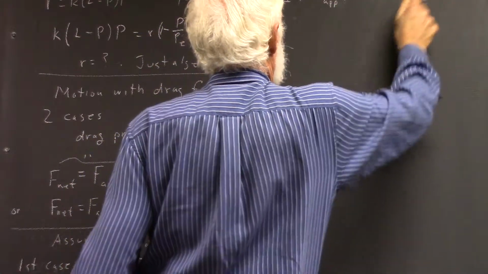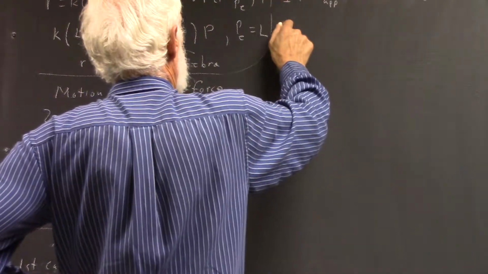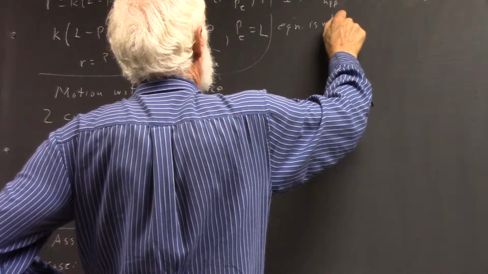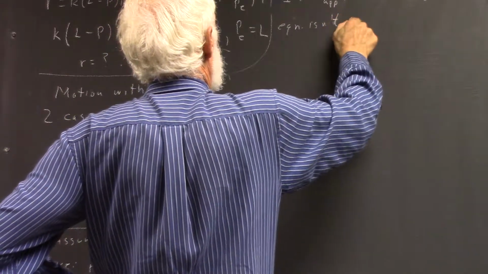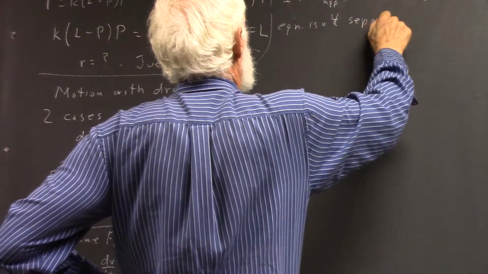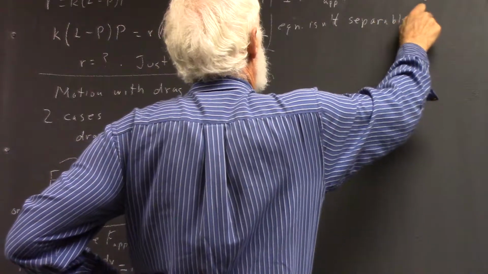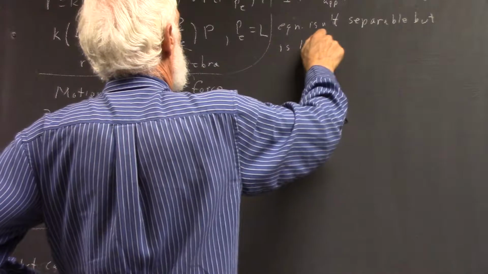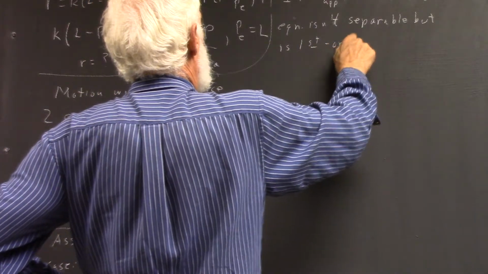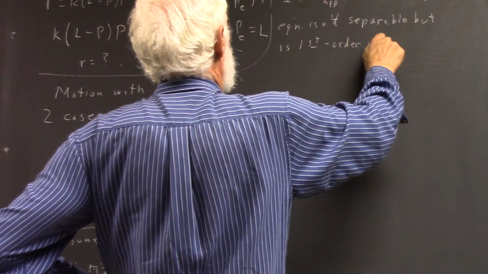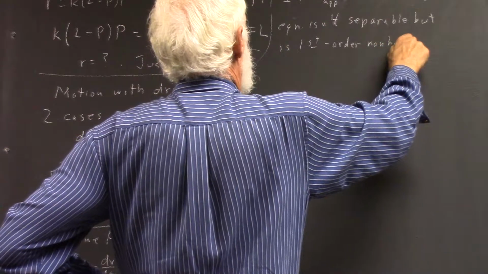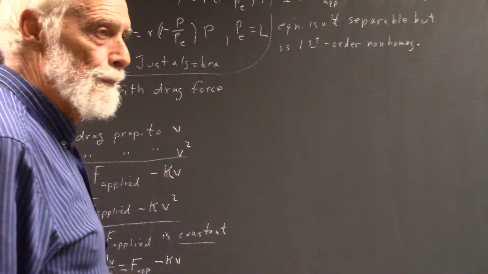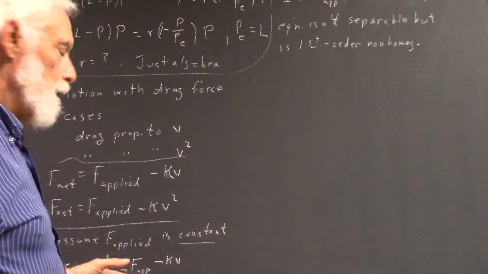If F is a function of t, the equation is no longer separable. It is first order non-homogeneous,